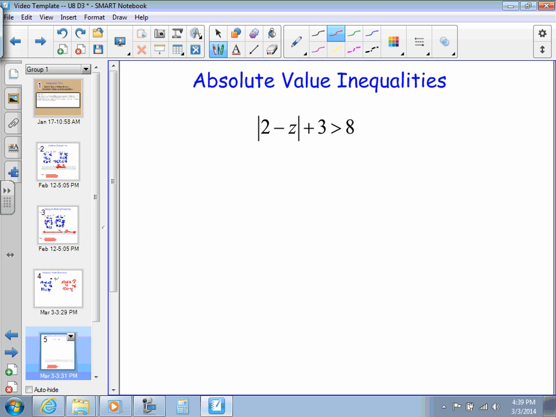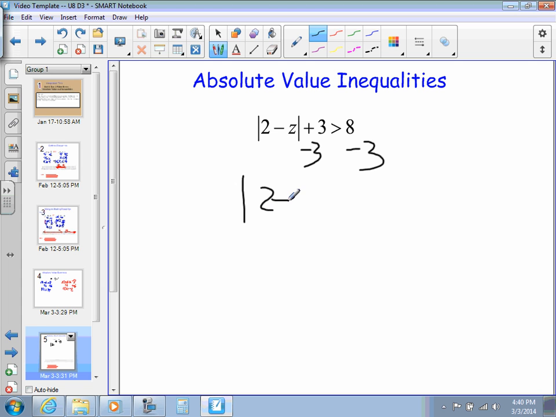Moving on now, let's try the same thing with an inequality, and also with something other than the absolute value on the same side of, in this case, the inequality, though it works the same with equations. Let's go ahead and solve this. So first thing we need to do is get the absolute value by itself. So we're going to move the 3 by subtracting 3 from both sides of the inequality, which will give me